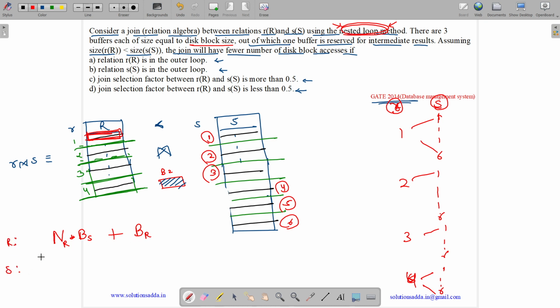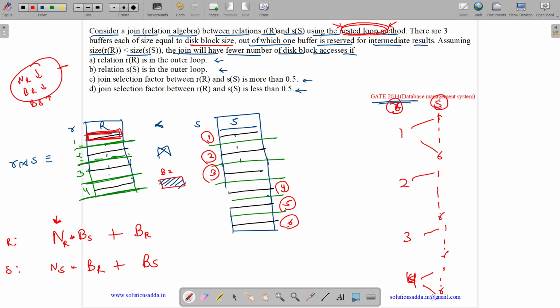Now if S is in outer, then for each tuple of S we need to bring all the blocks of R, which is BR, and we also need to bring the blocks of S. Now it is already given that the number of blocks in R is less. If R is of smaller size, then NR will be a lesser value, BS will be a higher value, and BR will be a lesser value.